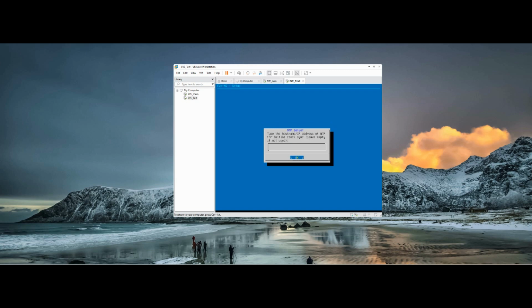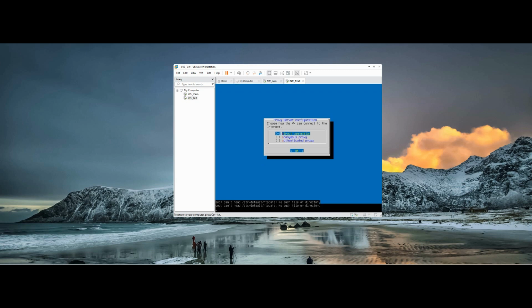Okay, and then NTP server if you have one, and at the end, whether you have a direct connection to the internet or you're using a proxy. I have a direct connection to the internet, but if you have a proxy you can select these two options also. Okay,